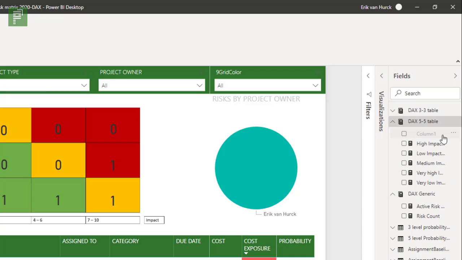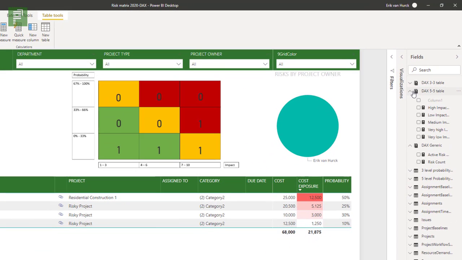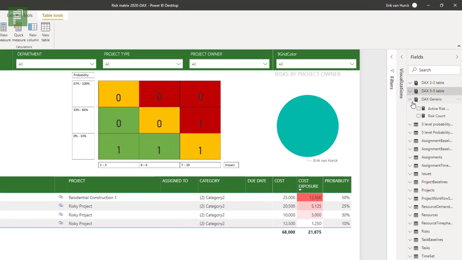And here you see that I have an original column, and I hide that, and Power BI automatically picks that up as being a DAX table, only DAX, and that helps it visualize it in a better way, so that you know that these are the DAX formulas that you actually want to use. So what I've done is I have 3 DAX tables, one for the 3x3,